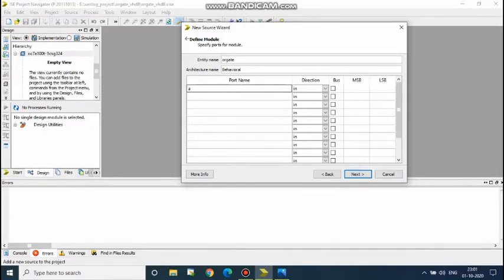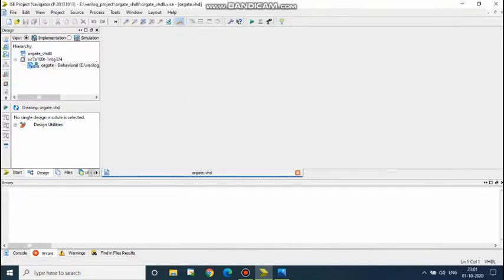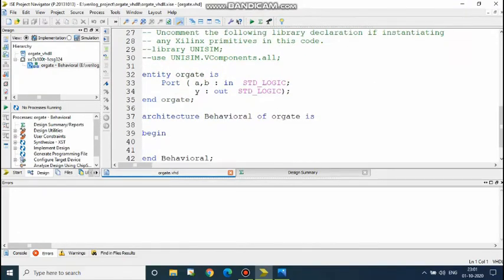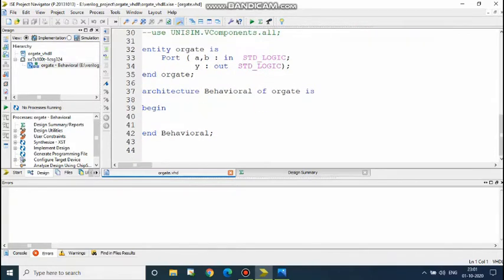I have written A, B, and this is Y as output. Next, finish. By default it creates the entity OR gate. Ports A and B are the inputs in standard logic, Y is the output in standard logic, and OR gate is the entity, the module in the case of Verilog. Under this begin you have to write your code.